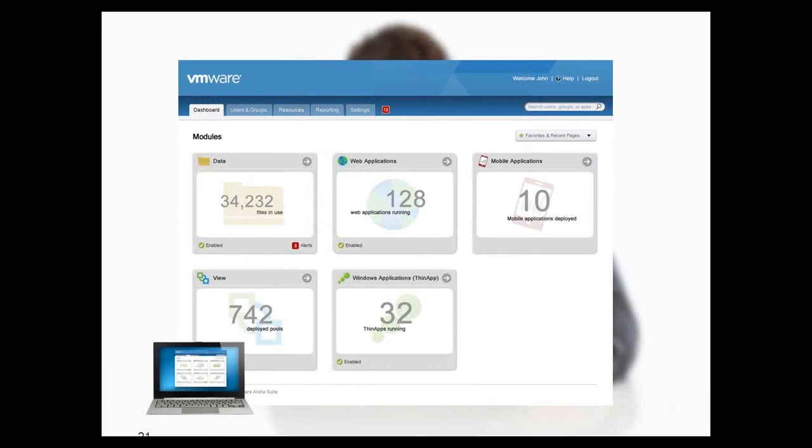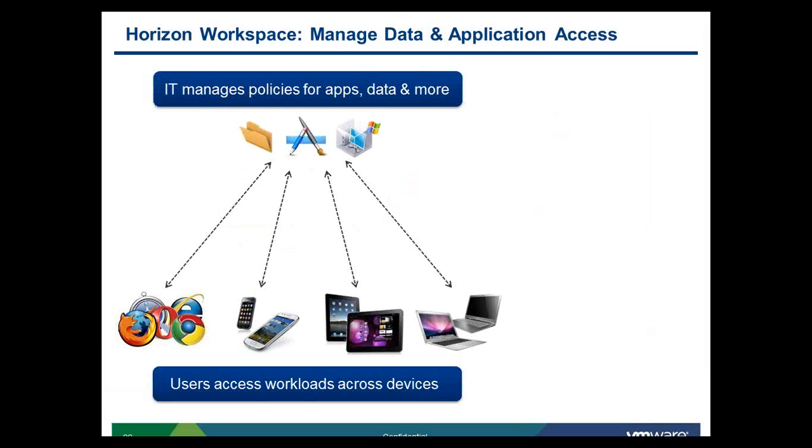And for IT, because we're managing 3 different services, does not mean I need to have 3 different management consoles to manage these services. I have a single management console to manage my virtual desktop instance, my data instance, my app instance, as well as my mobile device instance. So a single interface for IT to manage all the entitlement, policy controls, security, and provisioning related tasks. So in a nutshell,